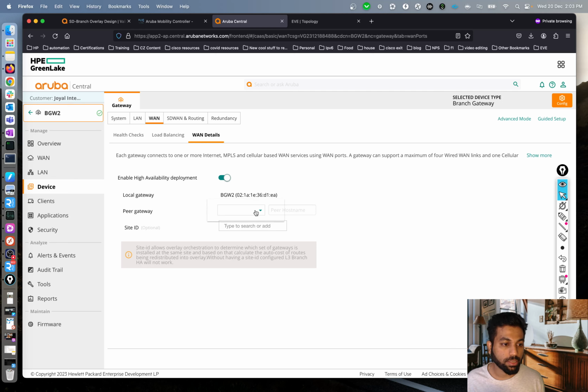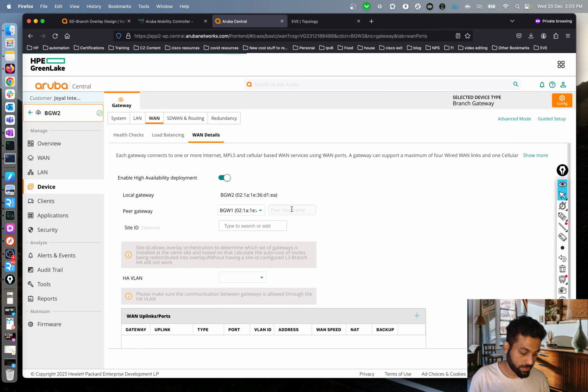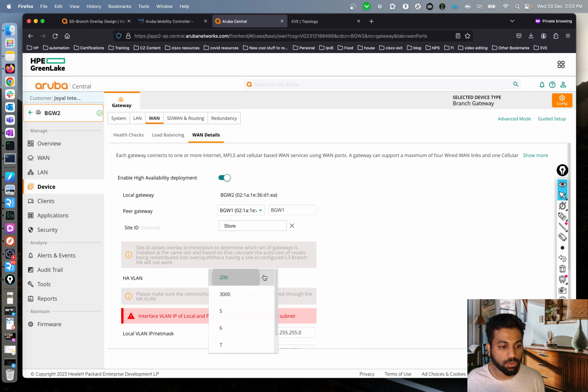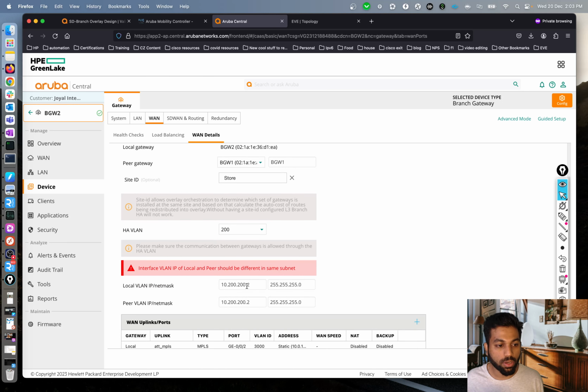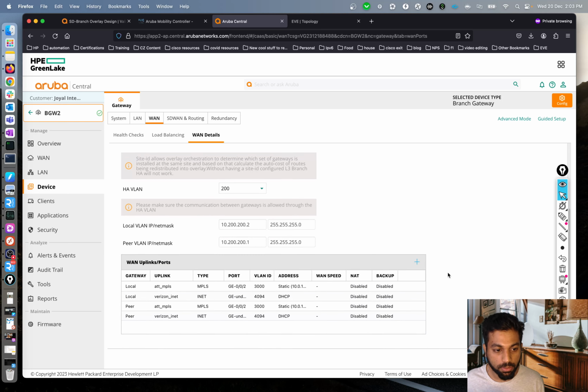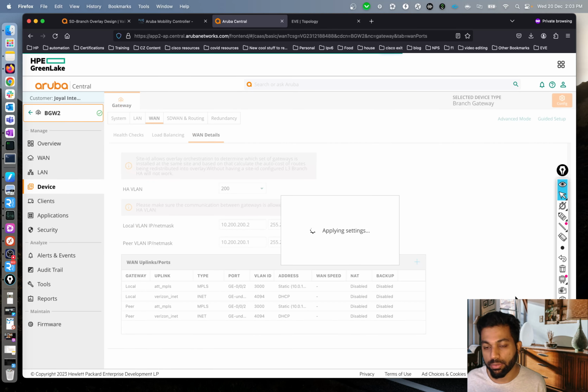Then we can select the peer is 1. We will select again BGW1 as the host. Sorry, let's remove this and put 1, and the site ID is going to be store. Perfect. And the VLAN is again going to be 200. Again here the local is .2, the remote is supposed to be .1, correct? So you see I'm putting a different IP address, but when you hit the save button, it will normally